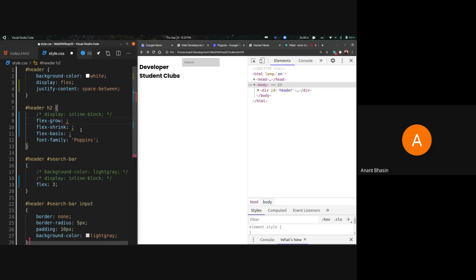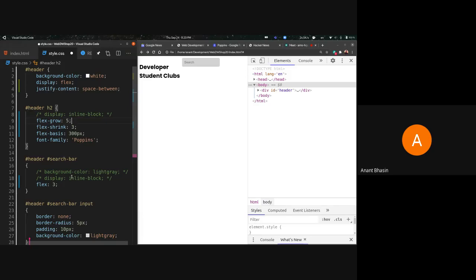So what I can do over here is give it a flex grow of say 5, a flex shrink of 3, and a flex basis of let's say 300 pixels. So I want it to be 300 pixels. It can at most shrink to 3 proportionally with what the values of the other siblings are, and it can grow to at most 5 with respect to what the values of the other elements are. So we'll just check this out in a bit.